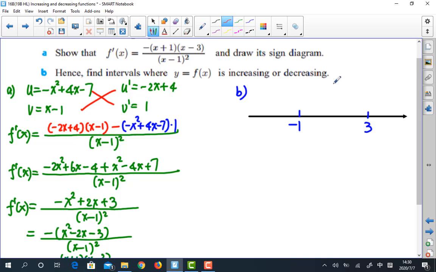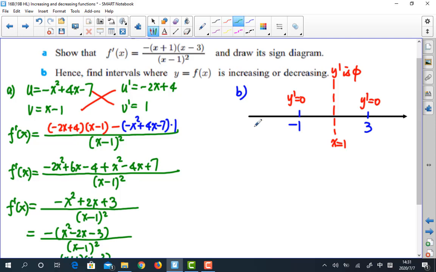So x equals 1 should be the undefined value for y prime. So this y prime should be 0. This y prime is 0. So right now we need to look at how many intervals we have in order to discuss the increasing decreasing